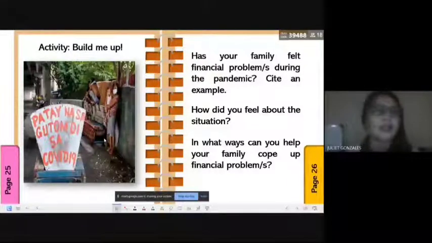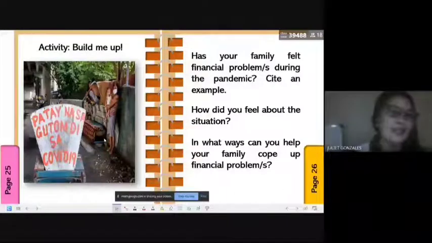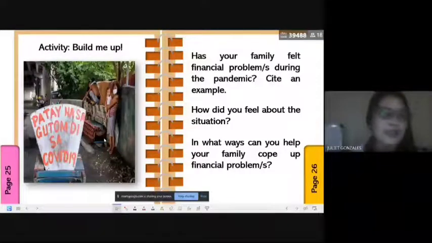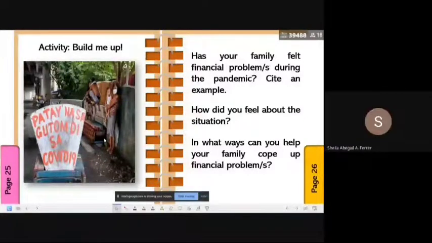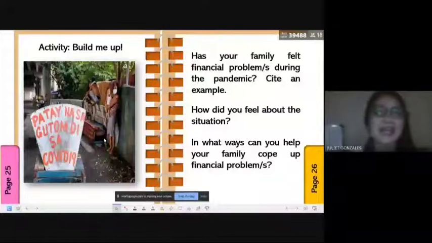Okay, very good. How about the others? Do you still receive allowances from your parents during these days? No, ma'am. Okay, so that's one way of helping your parents cope with financial struggles